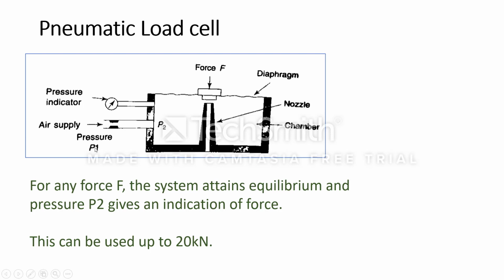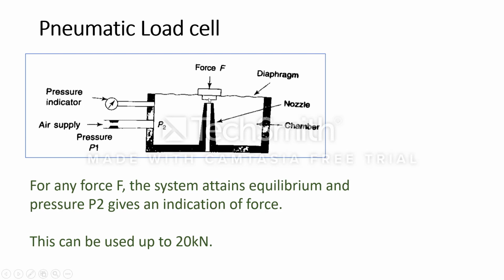In this case, the measured pressure P1, the compressed air supply, is passing through this orifice. Because of the orifice, the area is reduced, so it creates some amount of back pressure. A known pressure is passing from this pipe to the chamber, so the chamber acquires the compressed air. After some time, pressure is applied from the top surface on the diaphragm. As the diaphragm has elasticity, it compresses the air and reduces the gap. As it reduces the gap, the pressure automatically builds up because of the resistance created here.